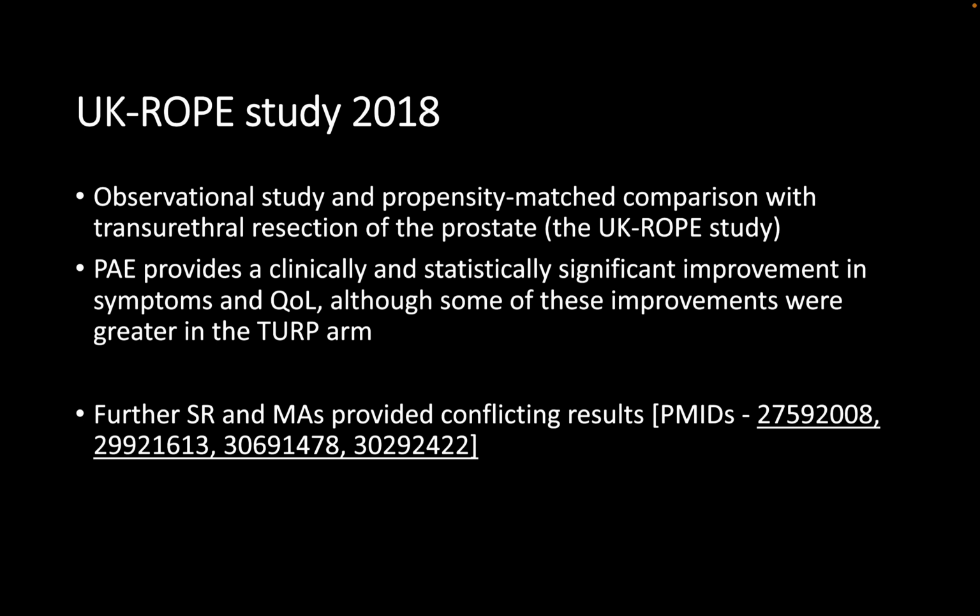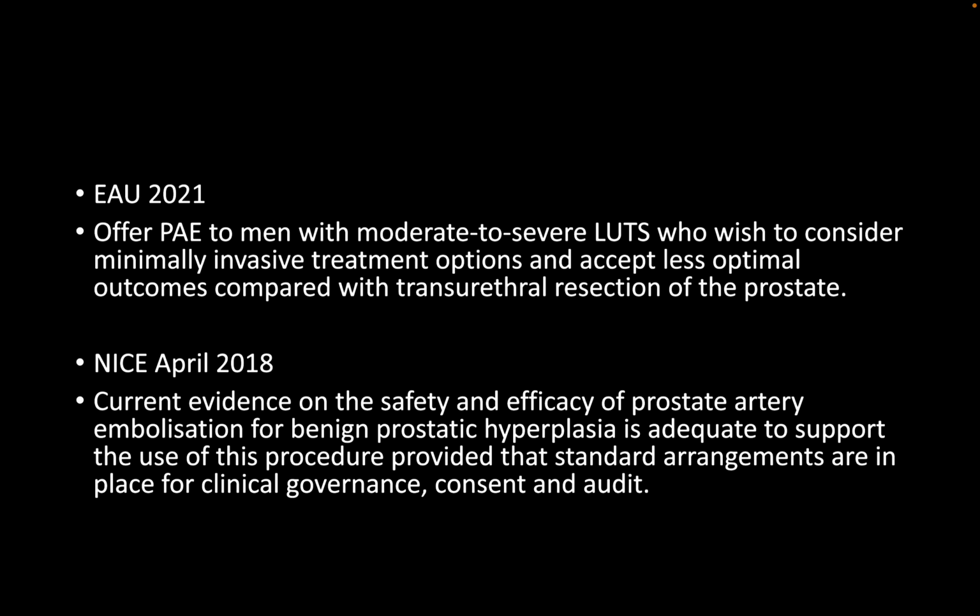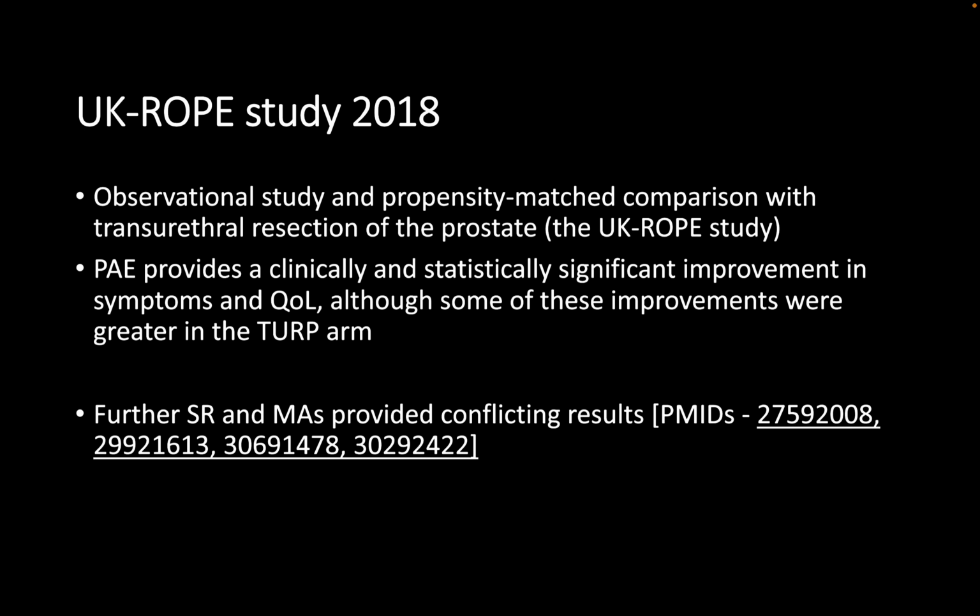It's normally reserved for patients with urinary tract symptoms with a prostate size of 30 to 80 cc who are not fit for any other treatment options or would like to consider this as an option for them. It's been studied and supported by robust UK studies, which were observational studies, retrospectively